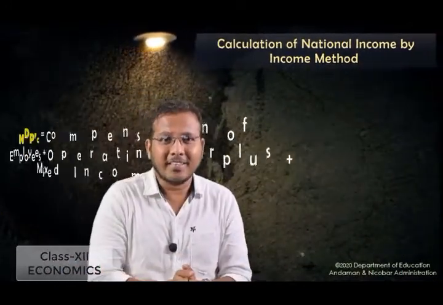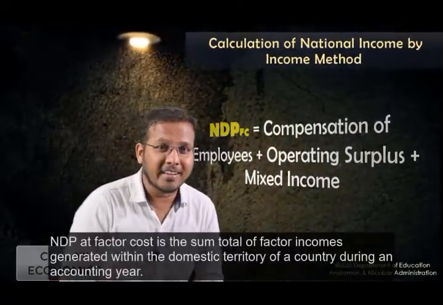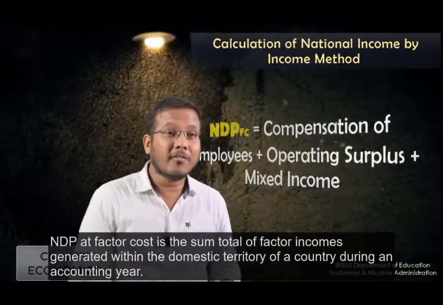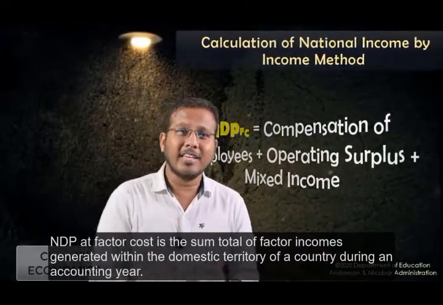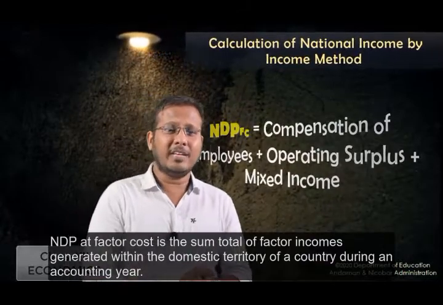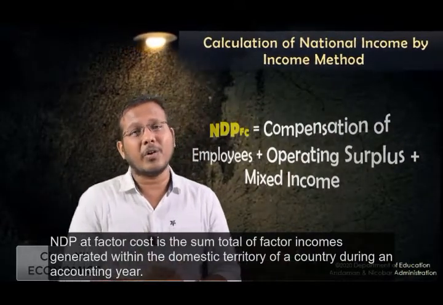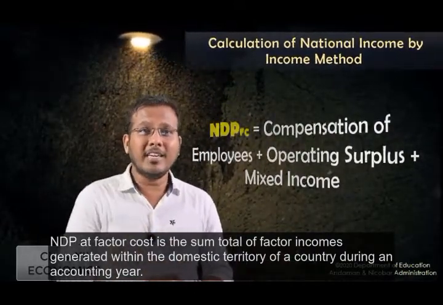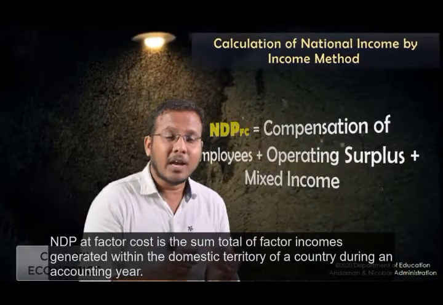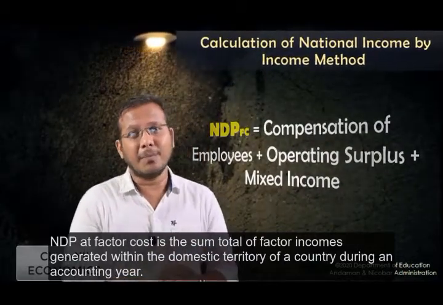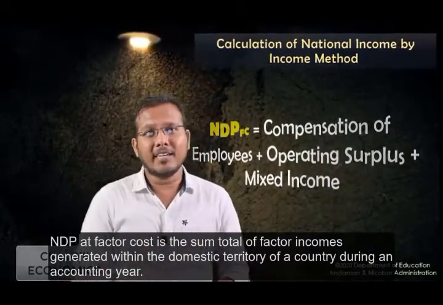So altogether we can say that the sum total of factor income generated within the domestic territory of a country is called the value of NDP at factor cost, that is, the net domestic product at factor cost. So students, I think you can make a clear concept in your mind that when we calculate national income through the income method, that gives the value of NDP at factor cost. So NDP at factor cost will be equal to the value of what? The compensation of employees plus operating surplus plus mixed income. When we add all these three components together, we get the value of